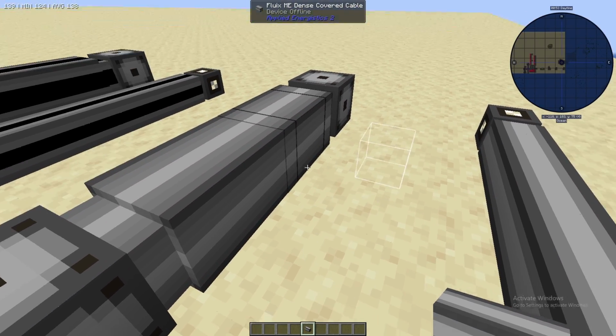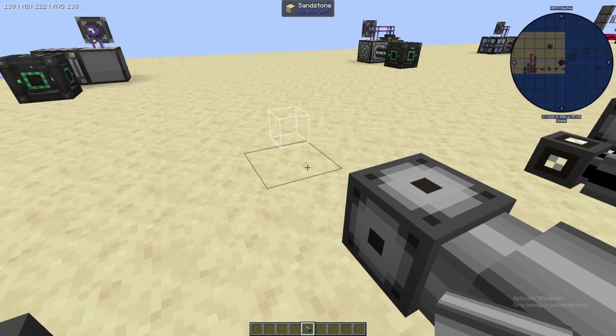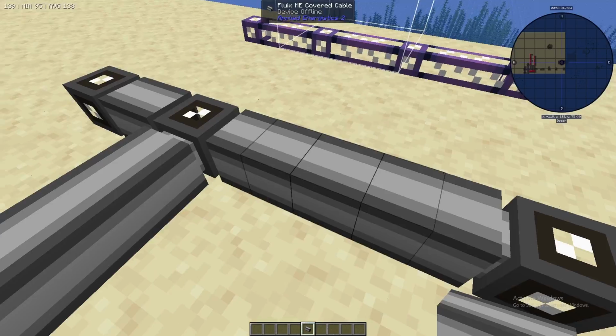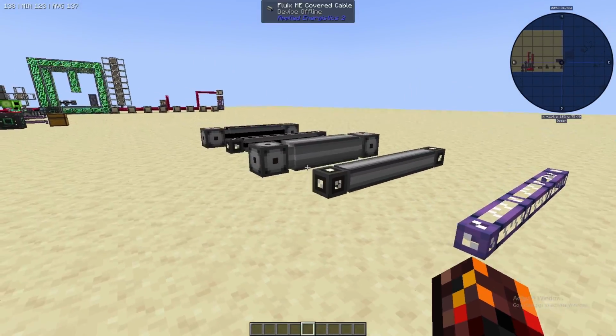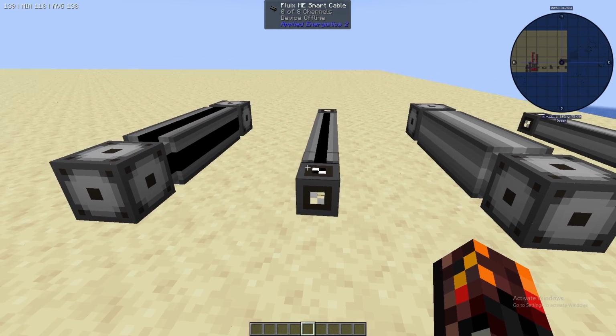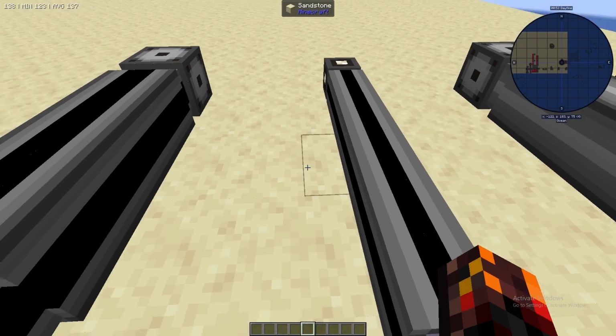The 32 channels can be split off into 8 channels, so you can have your main network go into here, through here, and into here. However, I don't recommend the covered cables because it's harder to see what you're doing. What makes these good, the smart cables, is that on here will be displayed lines for each channel that's being